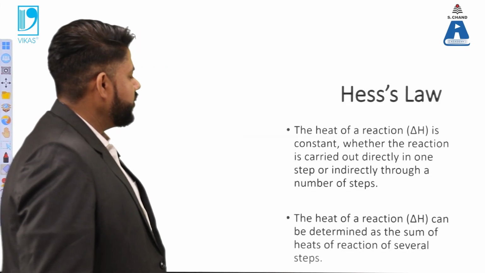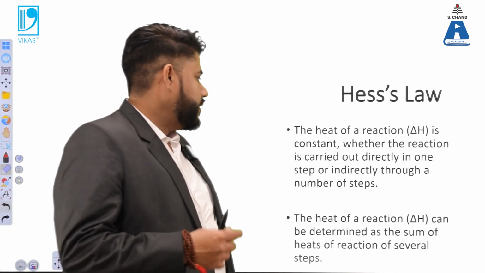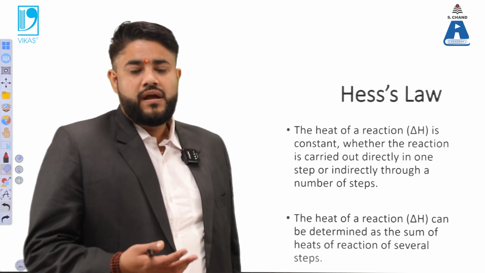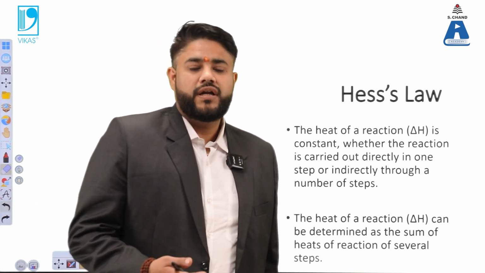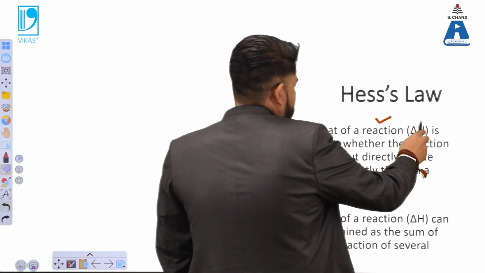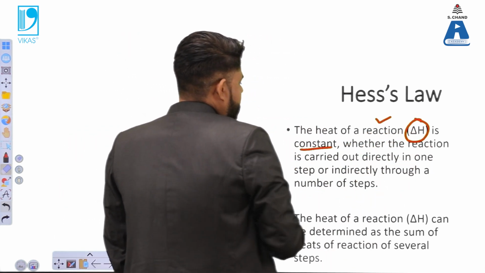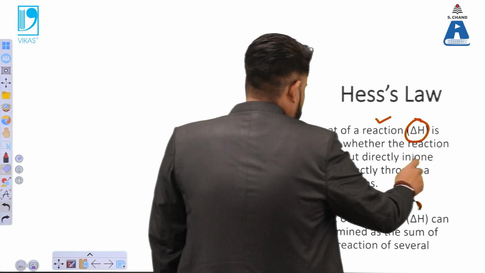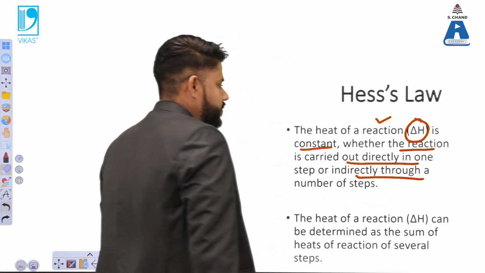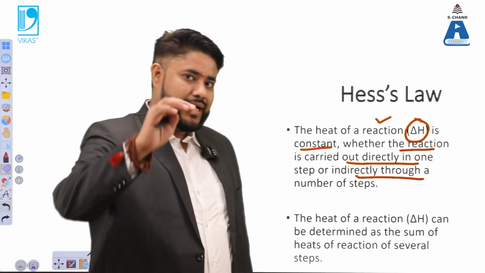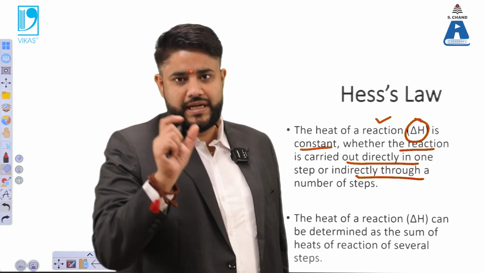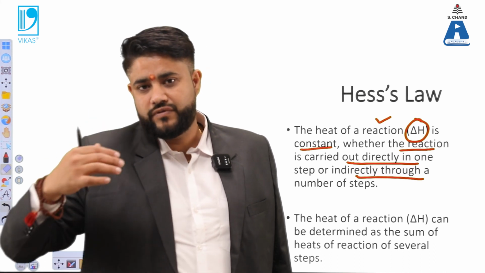Now there is a particular law that is used when the stoichiometric analysis is considered in terms of the thermodynamic aspect. So what is it? It has this heat of reaction, which is delta H, and that delta H is constant whether the reaction is carried out directly in one step or indirectly through a number of steps. So when the reaction has a number of steps, let's say you have that particular reaction in the previous situation which has particular steps, now if those steps vary,